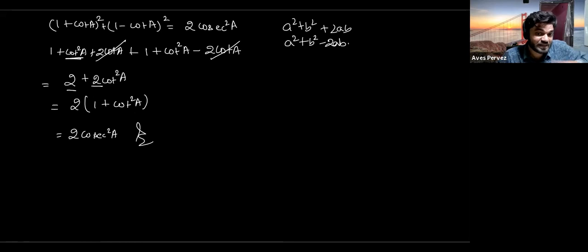We can directly put 1 plus cot square is equal to cosec square a. But if the identity is not known, then in order to replace the plus sign, because we don't need the plus sign here, we have to convert this one into numerator and denominator form. Then in that case, most of the time the plus sign gets removed.